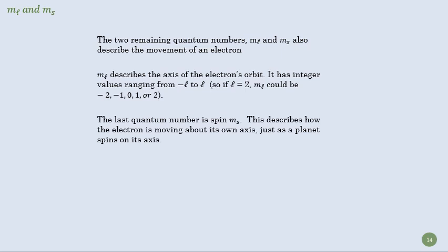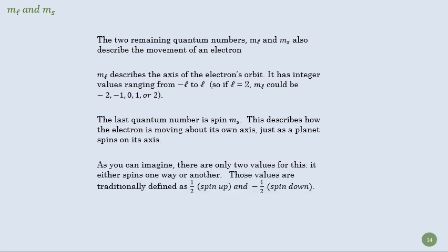And then MS is our spin, and so that's the rotation of the electron around its own axis. In other words, it can either spin one way or the other, and we describe that as a spin up or as a spin down. So what